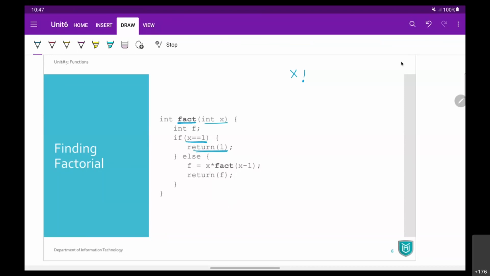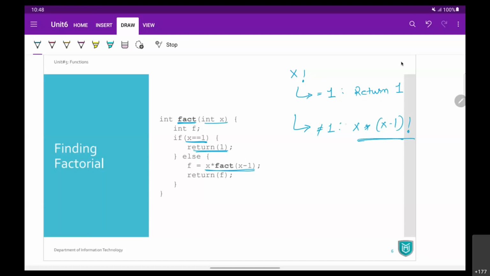Otherwise, we are going to recurse this function. If it is not equal to 1, then you are going to do x multiplied by (x minus 1) factorial. This is the else part.